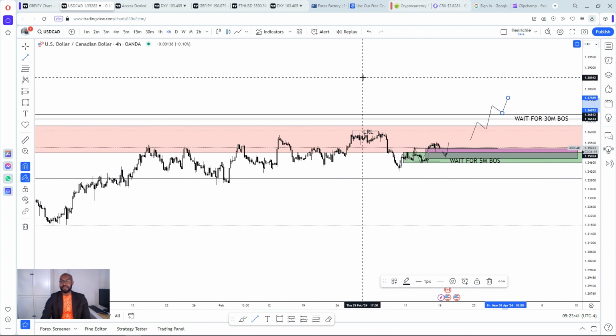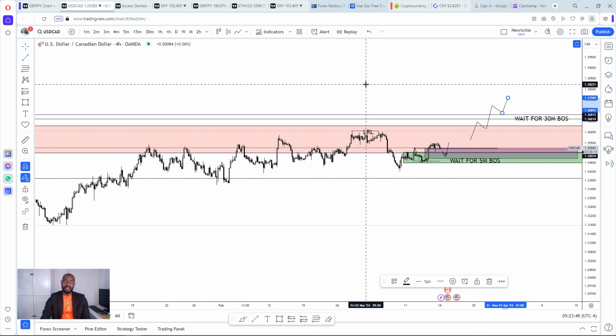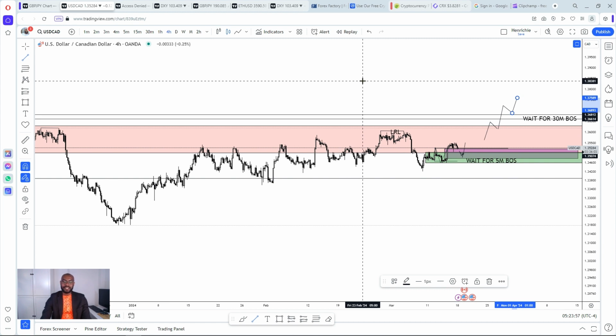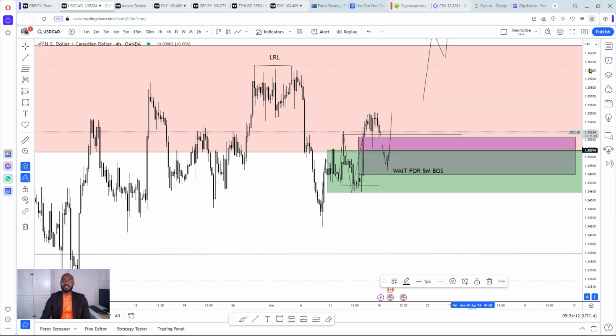That is 100% possible. In as much as that is not what I'm expecting the market to do, what I'm expecting is irrelevant. The only thing that matters is what the market is eventually doing and how we react to it. So if the market comes into our key level and we see the reaction we're looking for, we take it. If we don't see it, we'll just be on the sidelines. No trade is better than a loss at the end of the day. That's how I see it. So that is my analysis on